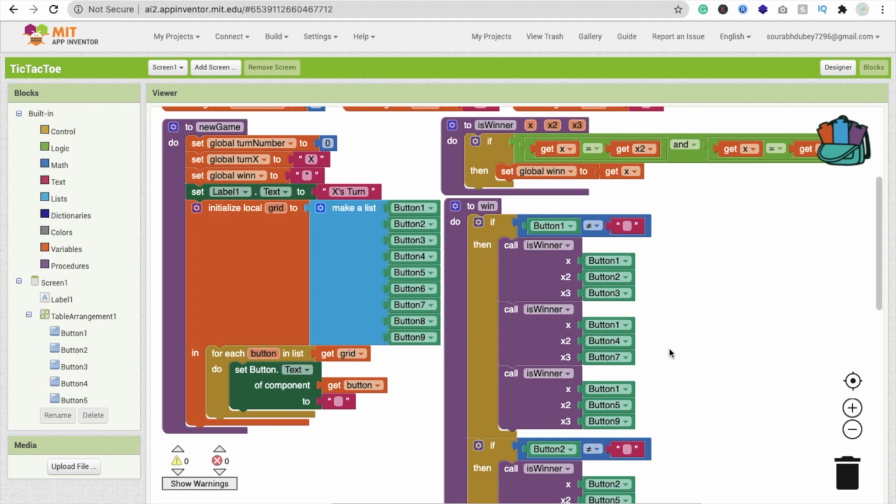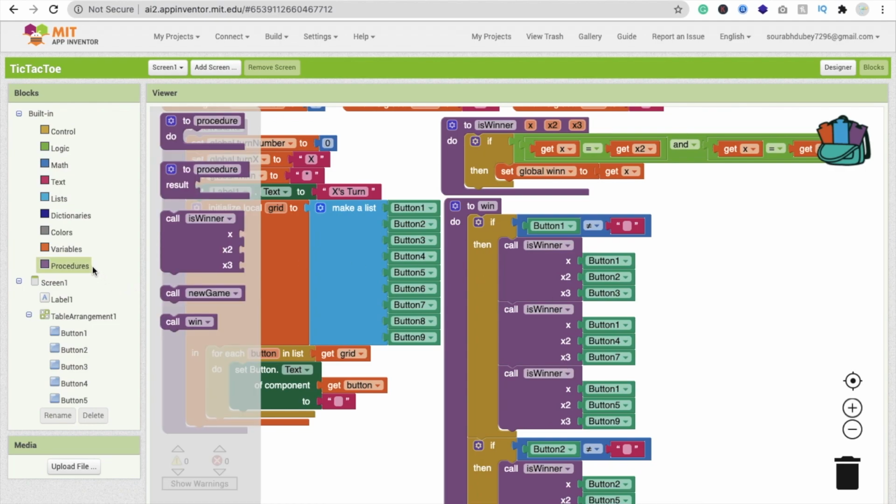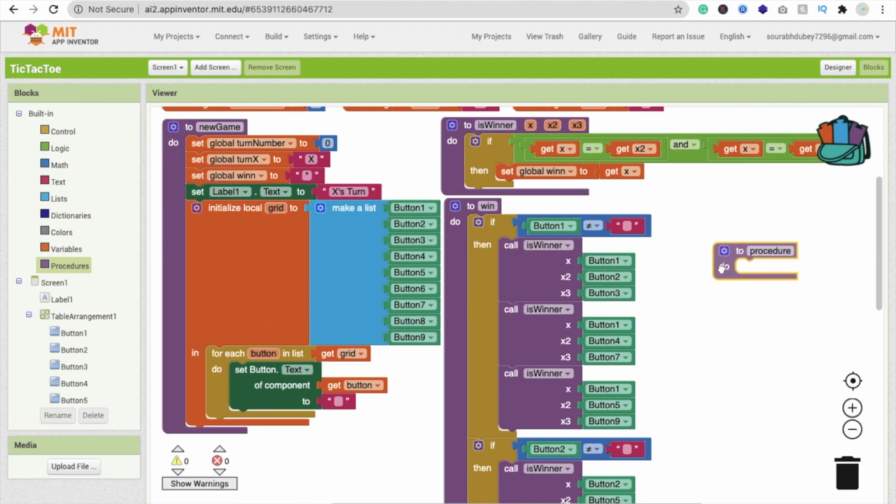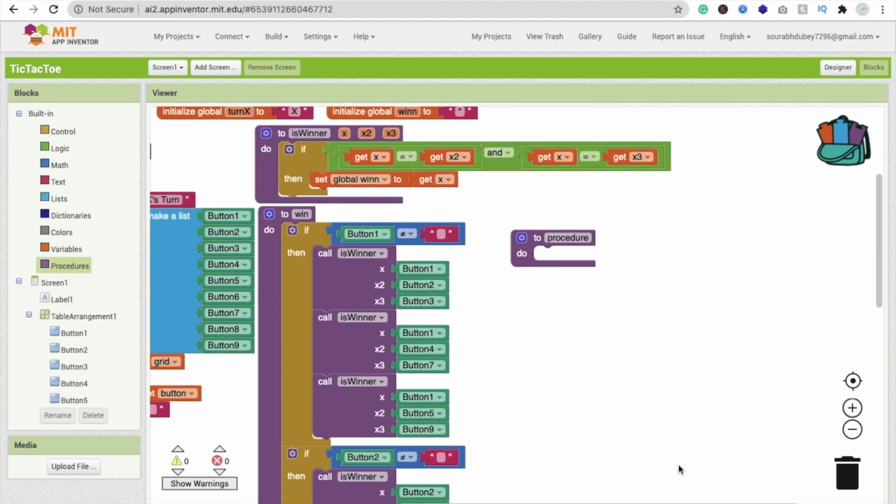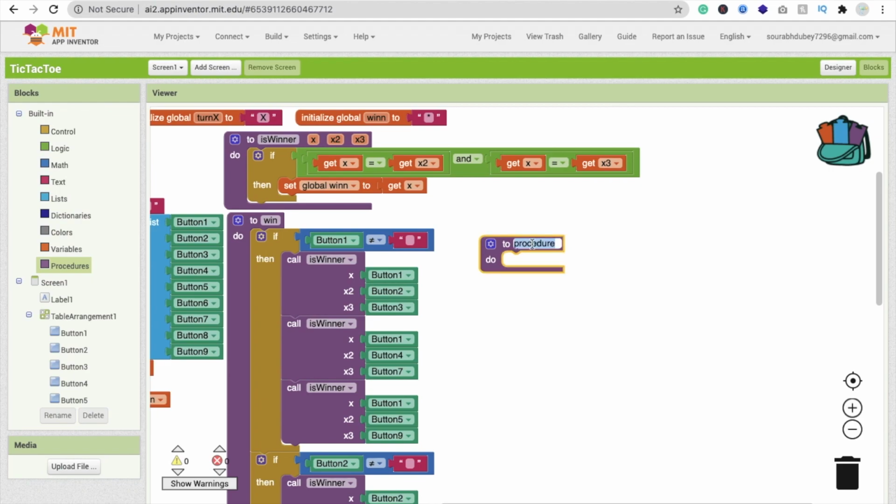Now in the next part, what we will do, we have to check the on-click button. So we have to make one more procedure for the click button. So just click on this procedure and then check again like this, and just type here the procedure name. The procedure name I'm going to use is click btn. Okay, click button. Now whenever someone clicks on the button, we have to change the text. We can change it to O or to X.